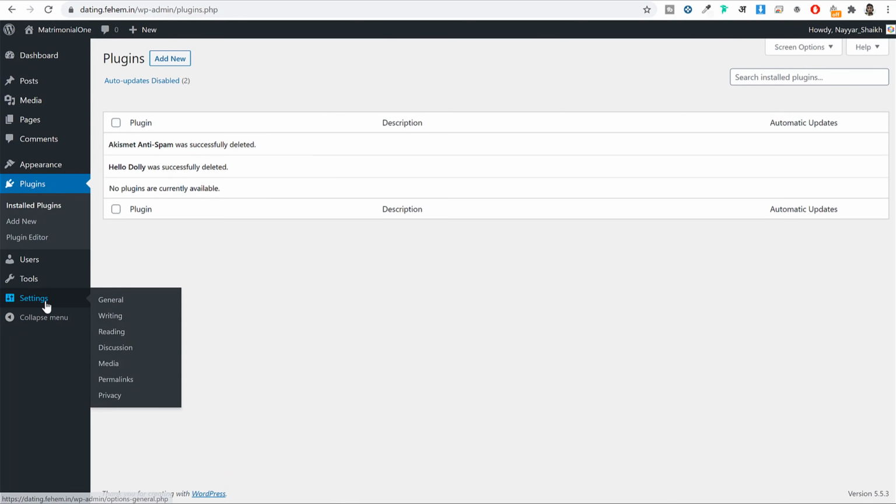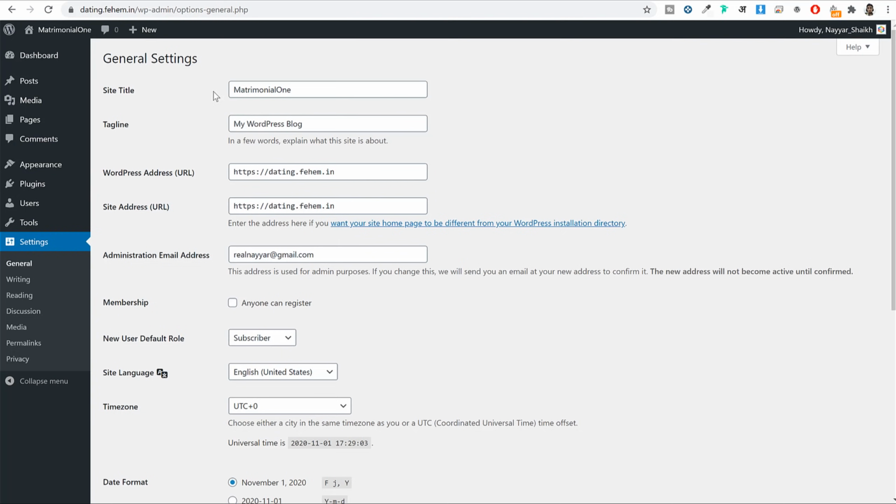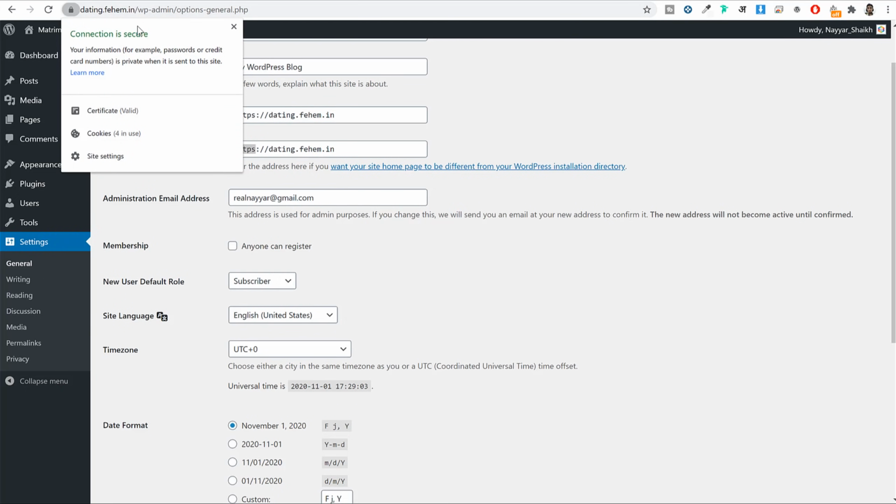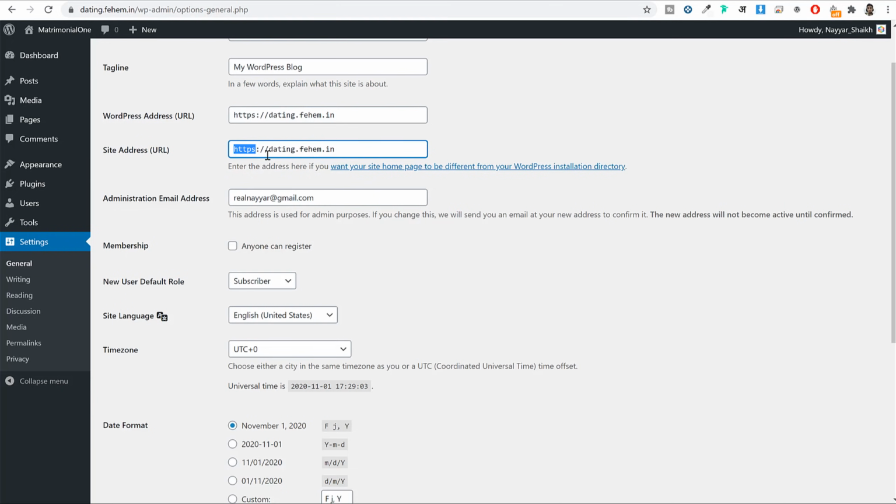Now you'll see the settings option, click on that. Again, if you have not already changed your website title and description, you can do it from here. When you scroll down, if you see WordPress address and site address, and if it says HTTP instead of HTTPS, make sure you make it HTTPS. For example, let me show you. If you see something like this, where it says HTTP both at top and bottom, make sure you make it HTTPS both at top and bottom so that your website is secure. As you can see, you must see this padlock besides your domain name, and it should say connection is secure.